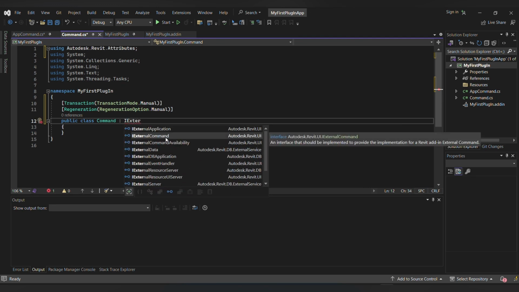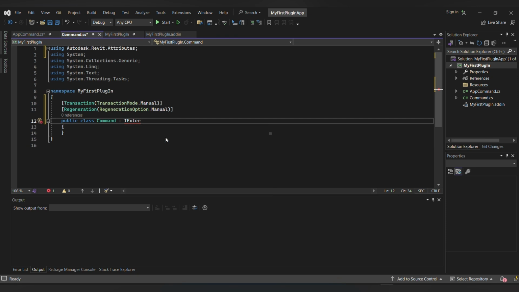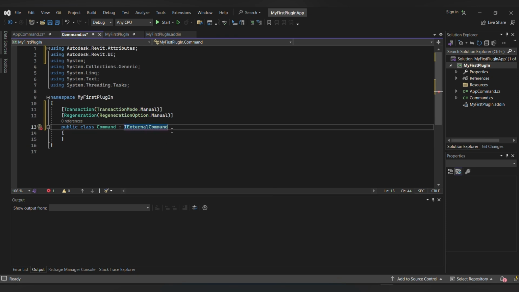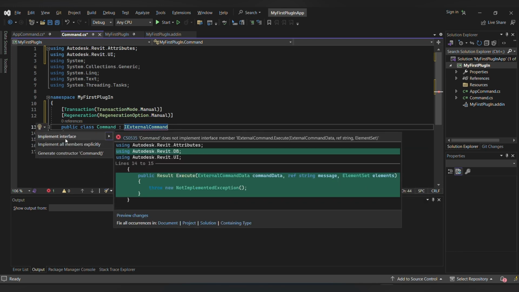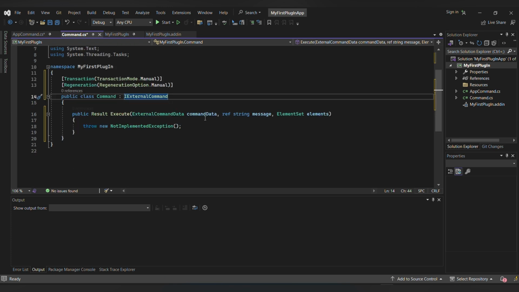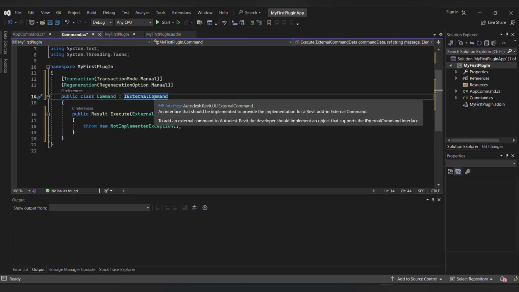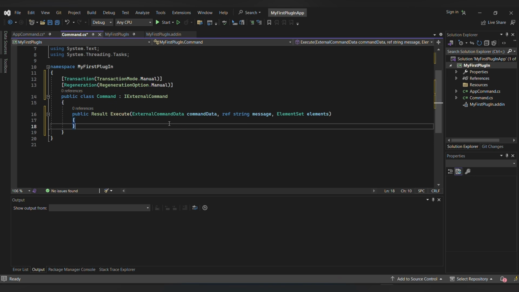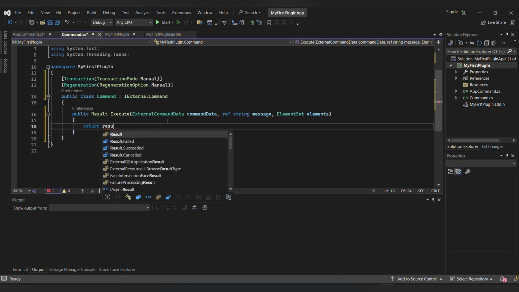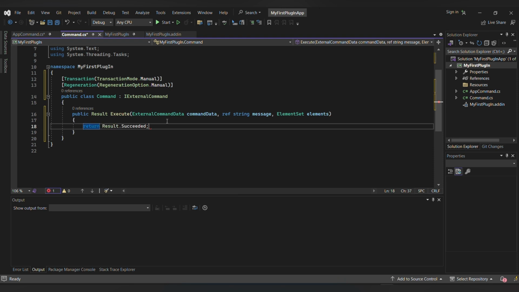IExternalCommand, the same process. Let's click on the tab button and then hold the Alt button and click on Enter. So you'll be able to implement the interface. So again you will get this structure for the IExternalCommand. So we don't need this right now. So let's type return Result.Succeeded, and here we are going to pop up our window, so that hello world